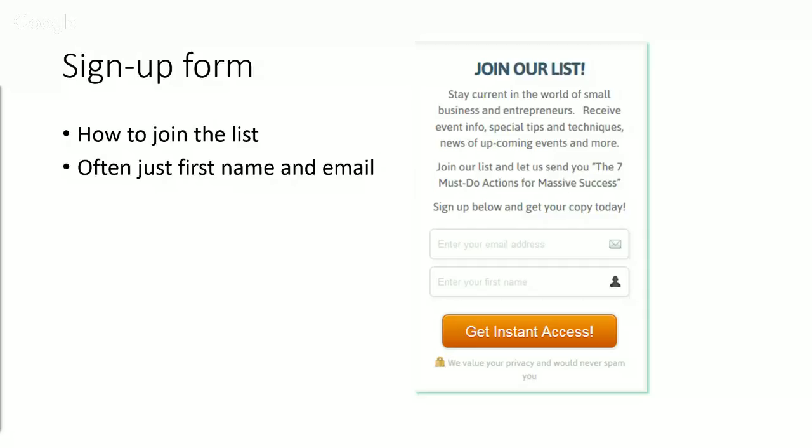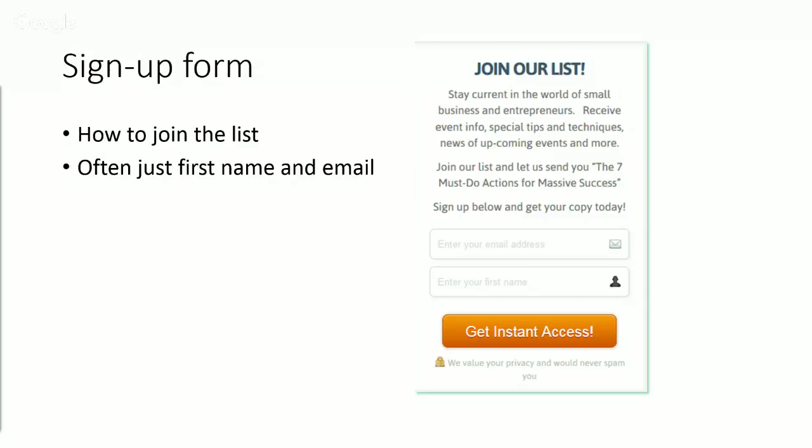Now, below that, you'll see there are two fields that we're asking our users to fill in to join the list. These two fields represent the least amount that they can enter and still be valid on the list. We do that because the more hoops we ask them to jump through, the less likely they are to sign up. So the rule of thumb is to ask the minimum amount of information that you need to keep the maximum number of people joining your list.